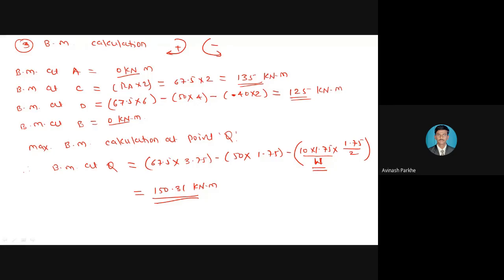So again, there are so many varieties of problems. If I change the position of the point load, the position of the UDL, the magnitude of the point load, or the magnitude of the UDL, a variety of problems can be generated. So we will take some important problems through which you can understand all the types of concepts. We have discussed the point load and solved a problem based on the UDL. Now we will take one problem based on the couple. If the beam is subjected to a couple, how do we go about the calculation?